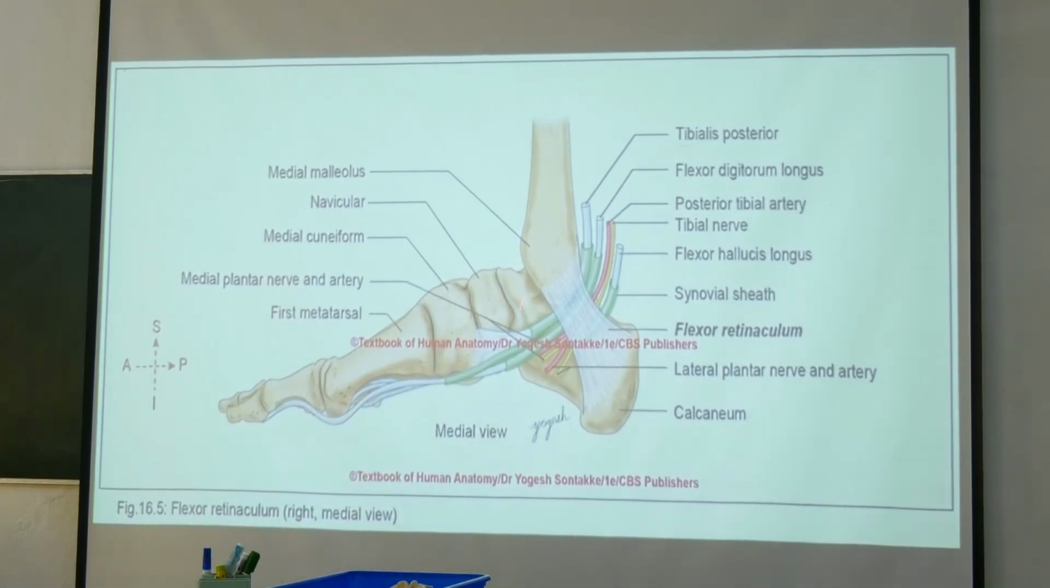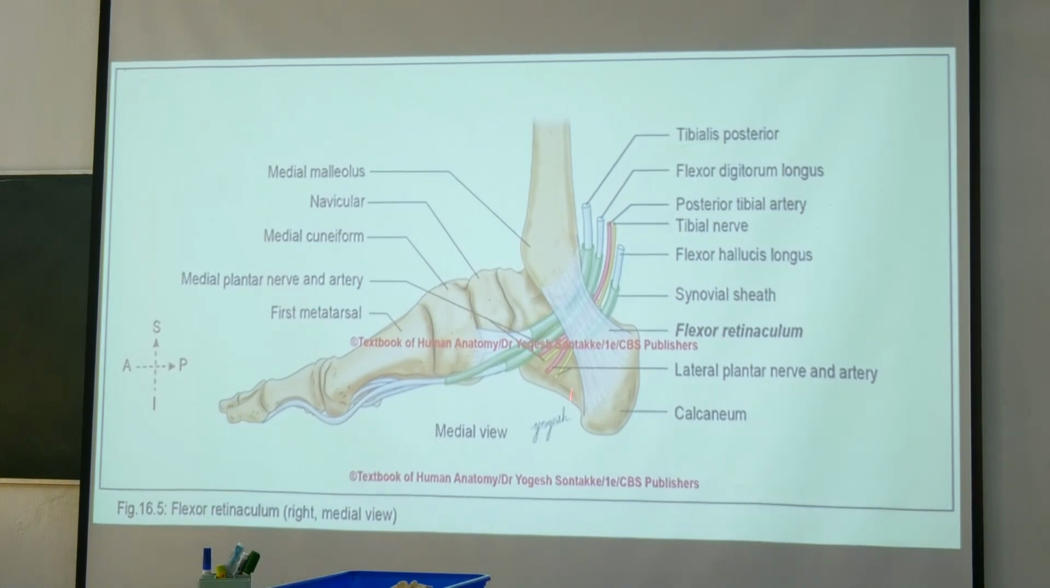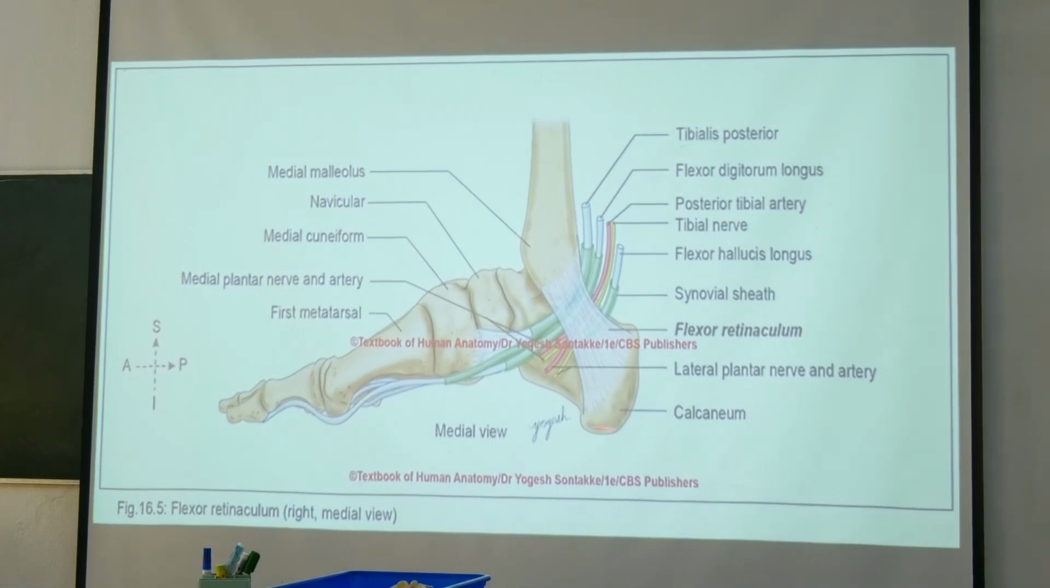Attachment: medial malleolus and calcaneum, anterior and posterior attachment. And see here, this posterior tibial artery is dividing into medial and lateral plantar artery. Those are arteries of the sole of the foot. Okay, and this tibial nerve is dividing into medial and lateral plantar nerve. These are the nerves of the sole of the foot. Okay,